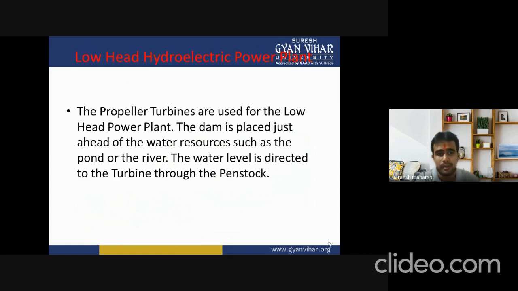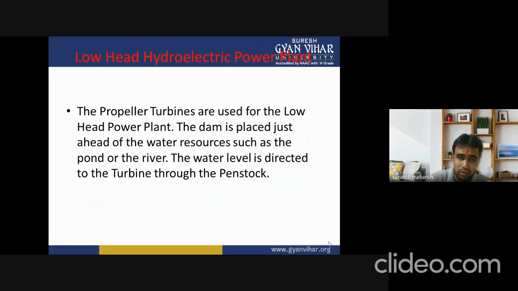low head hydroelectric power plant. The propeller turbines are used for the low head power plant. The dam is placed just ahead of the water resources such as the pond or the river. The water is directed to the turbine through the penstock. This means the penstock is connected with the dam, and we connect it through the lower part of the dam. And this type of hydroelectric power plant